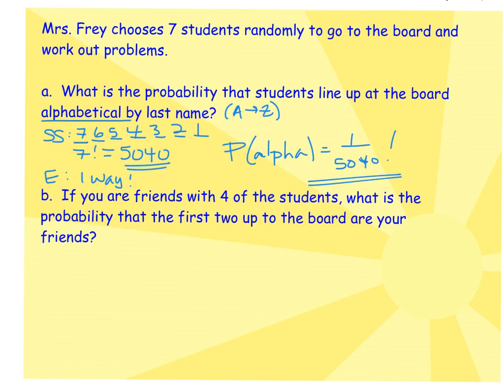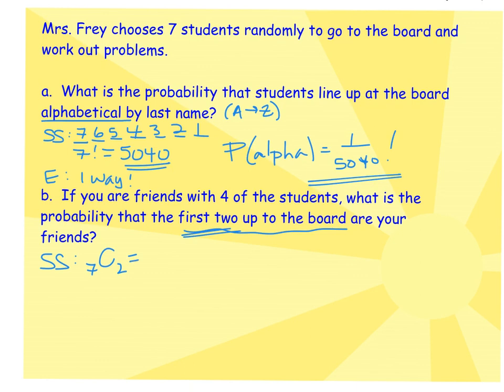If you're friends with 4 of the students, what is the probability that the first 2 up to the board are your friends? So now we have to figure out again, so this is a different kind of sample space. If there are 7 students total, what we're looking at is the first 2 that are up at the board. Out of all 7, the number of ways that could happen, we first have to decide, is this a permutation or a combination? So it just says as long as those 2 students are up there, it really doesn't matter who's first or second. Just the 2 students that go up to the board, would they be your friends or not? Out of the 7 total,